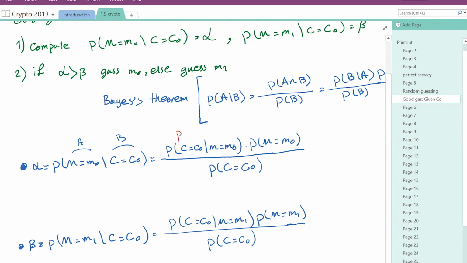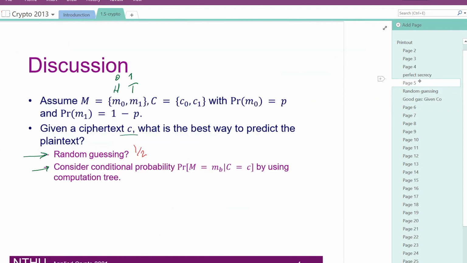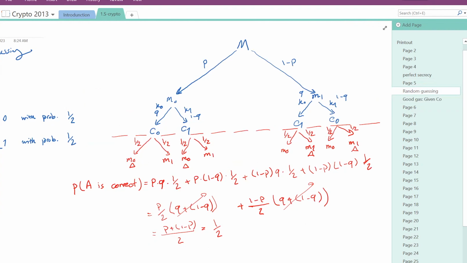So it depends on the probability of the key being chosen to be K0, right? And we know this one is actually Q. And then the second one says that given that the message is M1, the adversary can go back and he has this computational tree. He says that we know that the message is M1. So, okay, this is done. What is the probability of this